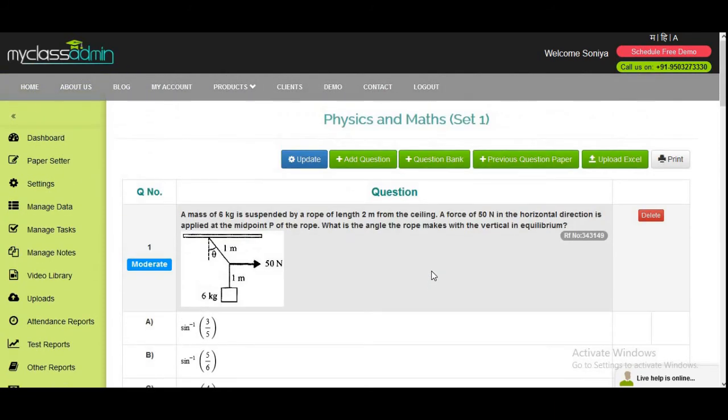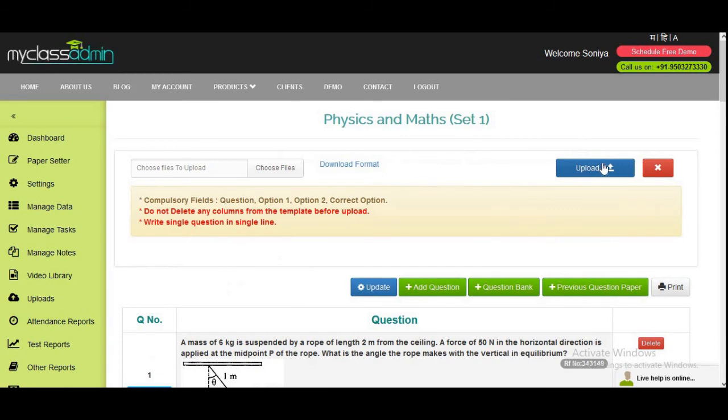Now our last part is upload Excel. In this way, you can bulk upload the text type questions which are available in your Excel sheet. You can download an Excel sheet by clicking here in a given format.